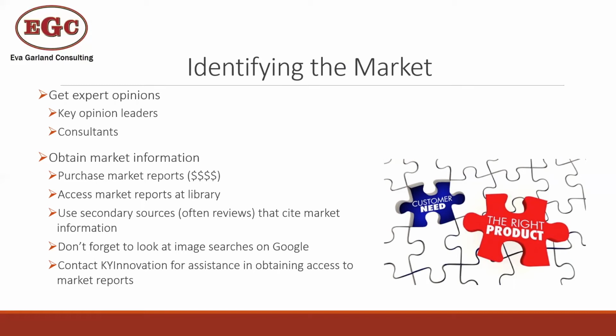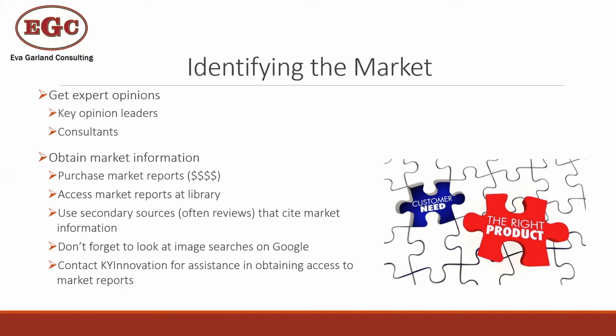If you're going on your own to do this, I mentioned obtaining the market reports is difficult, but you'll need to get a hold of current market information to be able to identify what your market looks like. As I mentioned, the market reports are several $1,000s, so generally that's not the way to go. I find that a lot of times they release just enough information from the market reports online to be able to pull together some of what you need to identify your market potential. You might be able to get access to the market reports from the library. Some areas do have a biotech library and such that keep these on hand for you to access.